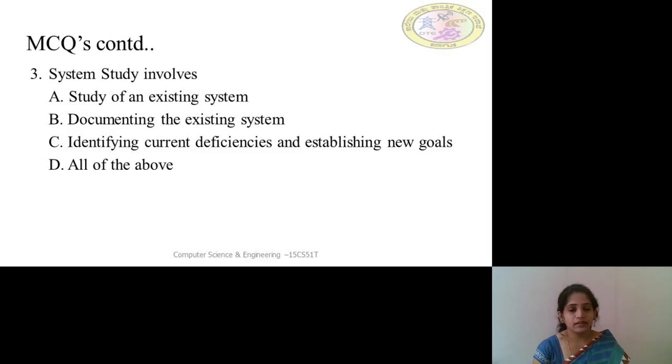We all know that a system study also concentrates on the existing system or documenting the existing system, identifying the current deficiencies and establishing the new goals to start with the new system. So system study always does all the three activities. So the best option here is option D, all of the above.